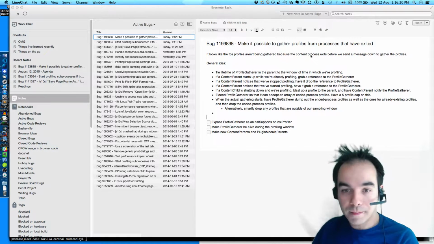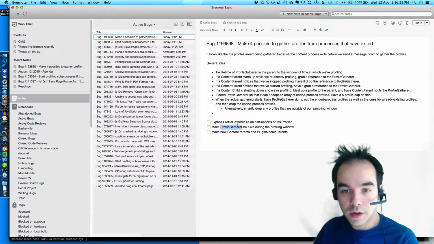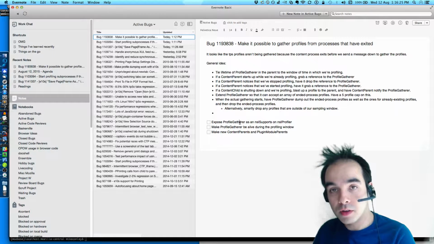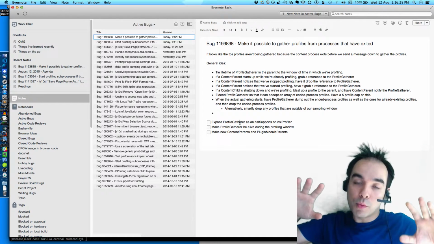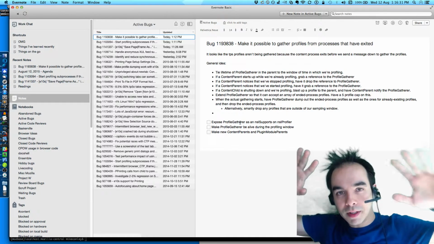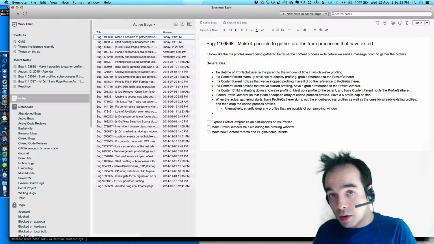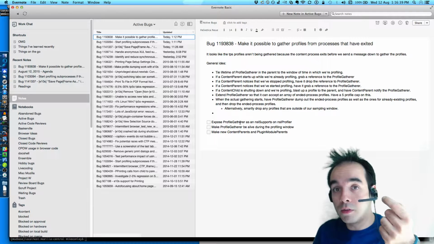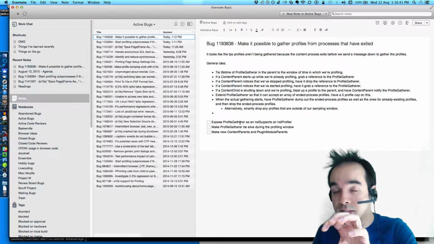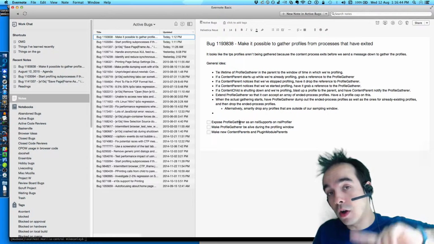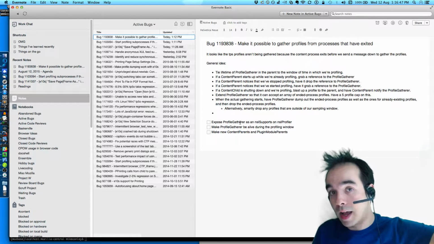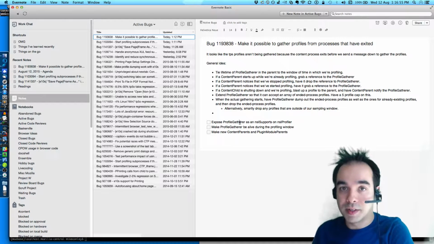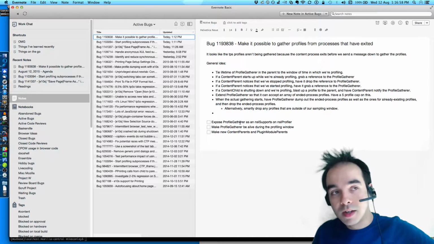Okay, let's get this out of the way. Okay, and then we want to expose that profile gatherer, because we have a couple of cases to consider. One is we start profiling and we already have a number of subprocesses running, and in that case we need to alert all of the parent actors for those subprocesses, and those parent actors run in the main process. We need to alert all of those parent actors about the profile gatherer because they all hold references to the gatherer, and use it to stuff profiles in once the content processes return the profiles.